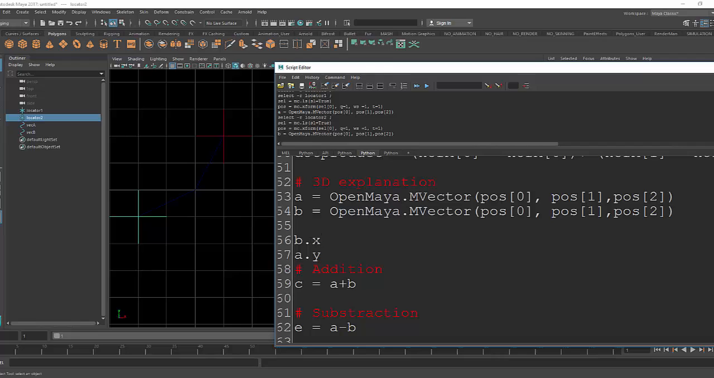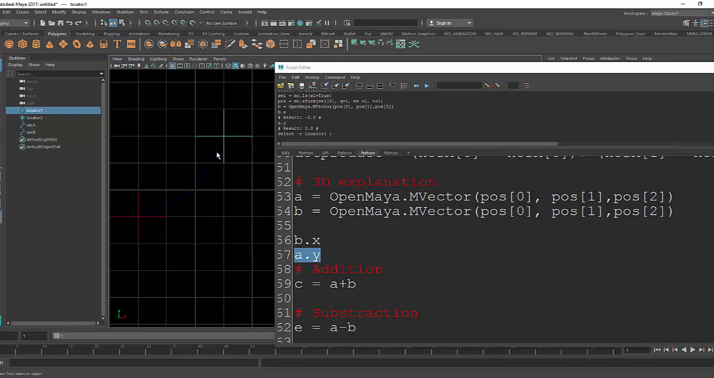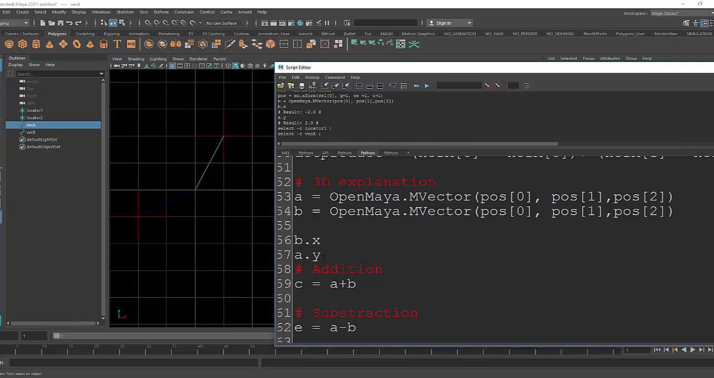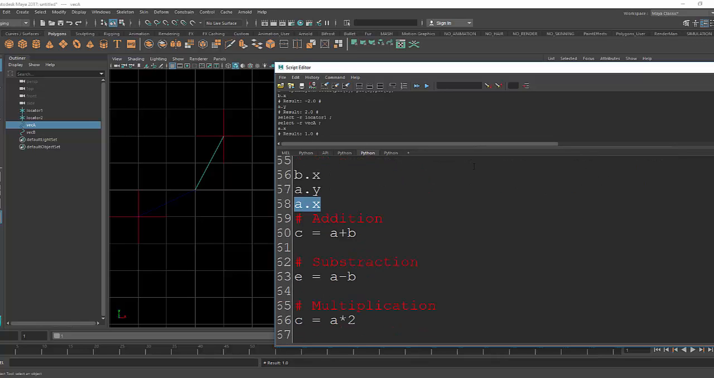And if you see, using the dot, we can print the values of each vector. As you see, for example, the result of this vector here, the y value is 2, and if I write the x here, we're getting 1. Okay, we have two vectors, and